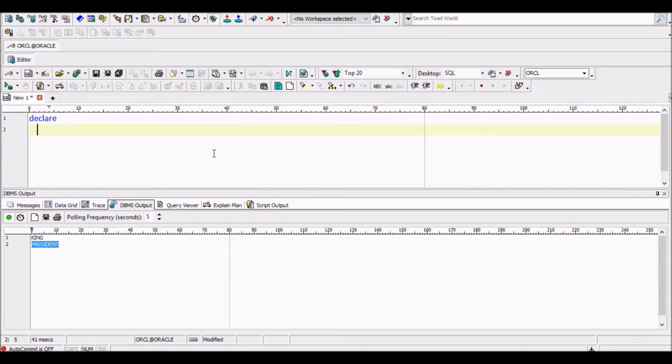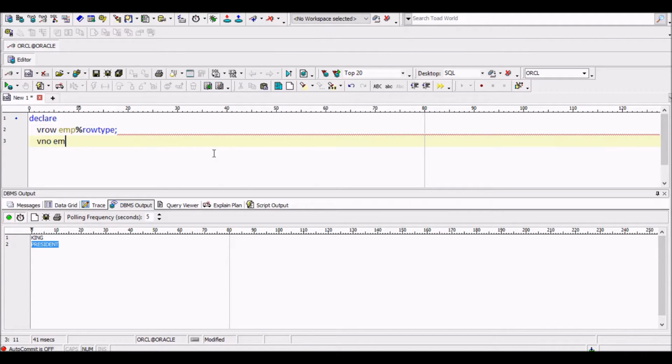Declare v_row. For the table emp, I want to use row type. Then vname emp dot emp number percentage type, I am assigning with some variable number.